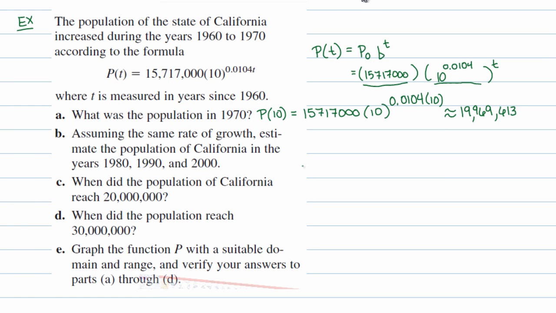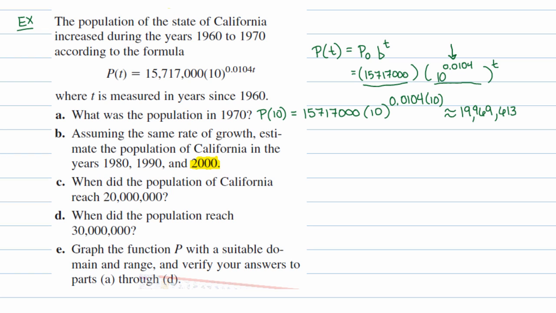So in 10 years, the population grew quite a bit, actually. Assuming the same rate of growth, so assuming that this growth factor here stays the same, estimate the population in California in the years 1980, 1990, and 2000. Well, that's just a lot of the same question, so I'm just going to concentrate on finding the population in the year 2000. In fact, this is from the second edition of the Yoshiwara Modeling Functions and Graph textbook. So let's actually do